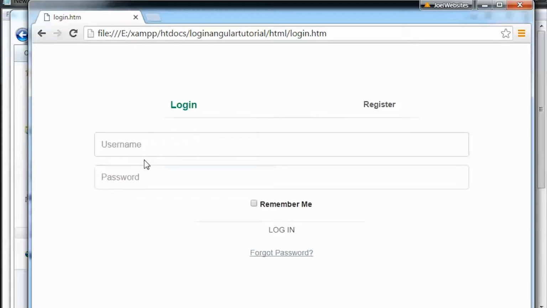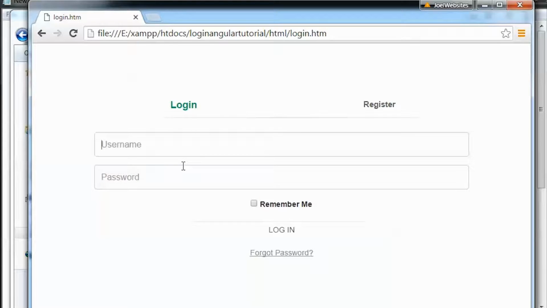If he enters the correct email, then a password reset email should be sent to his registered email, and he should get a notification over here saying that the email has been sent to you successfully.